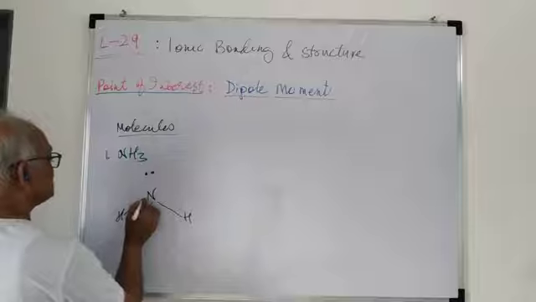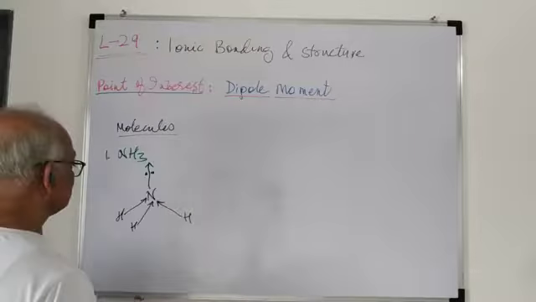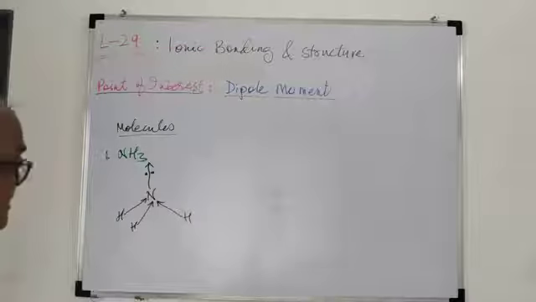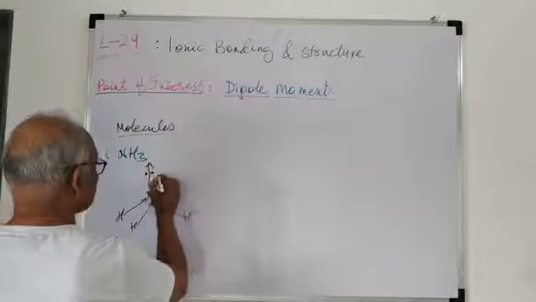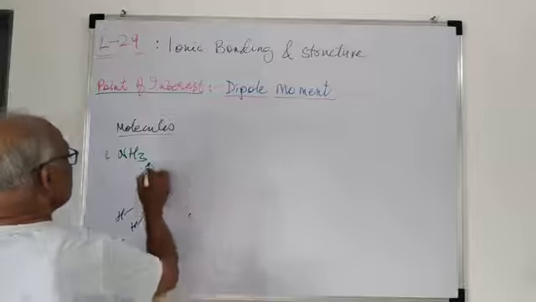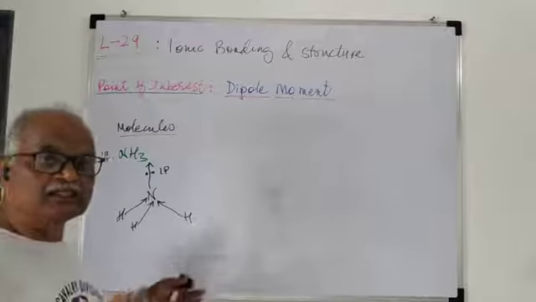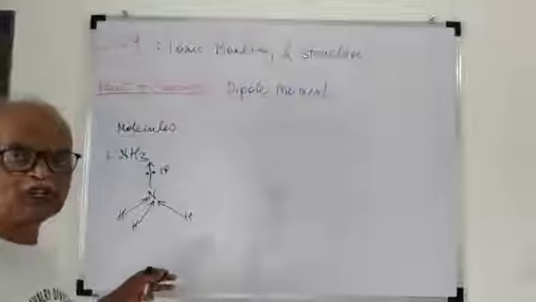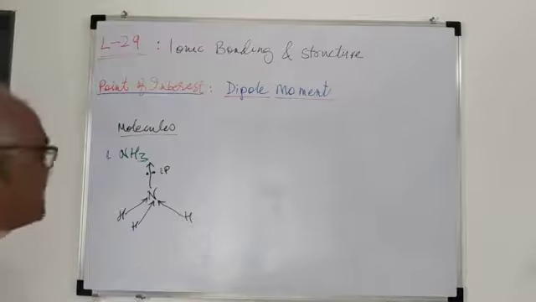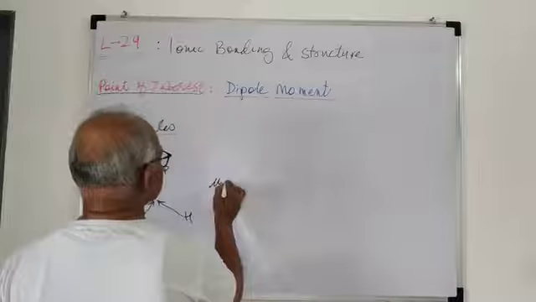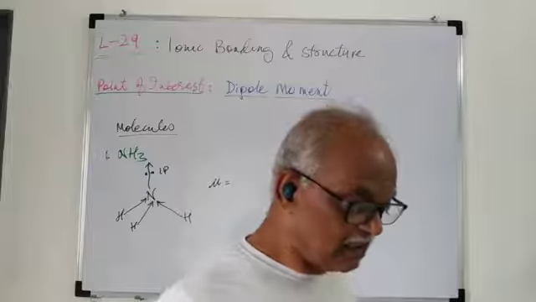Now you can show the vectors in this way. In this structure, the dipole moment of the lone pair is pointing in one direction, and the other dipoles are also pointing in nearly the same direction, but not exactly. So these are adding to each other to some extent, and as a result the molecular dipole is found to be